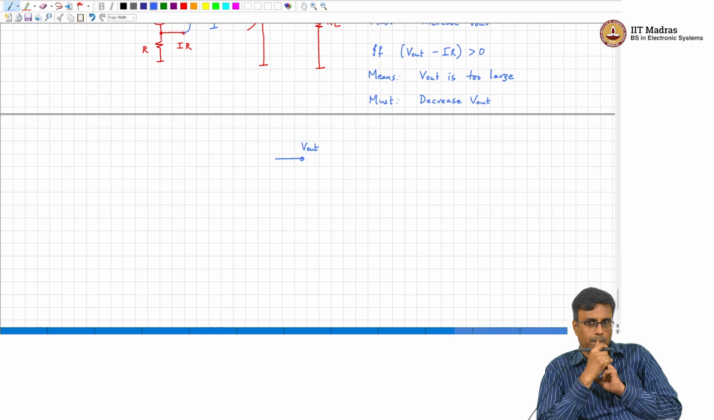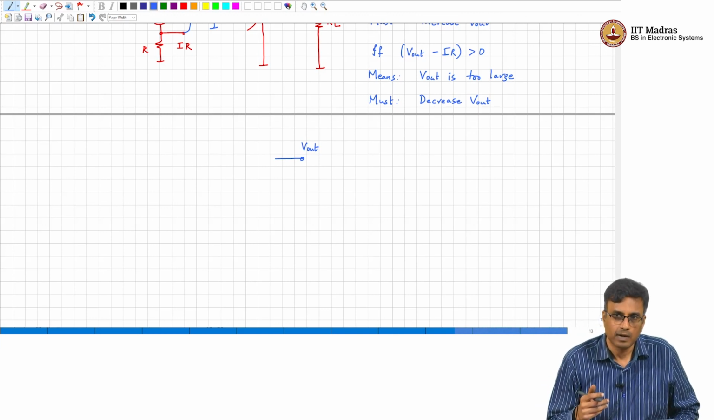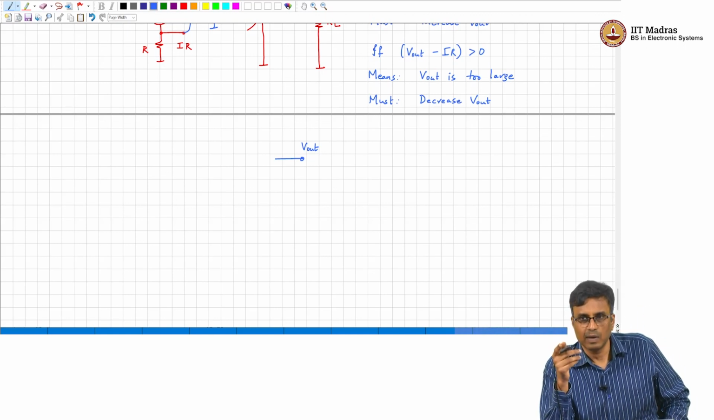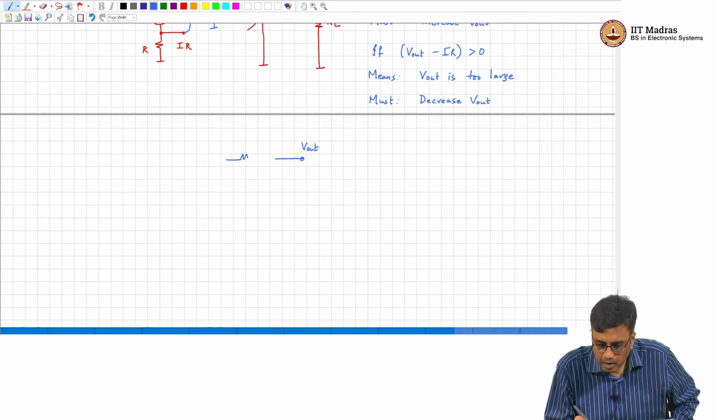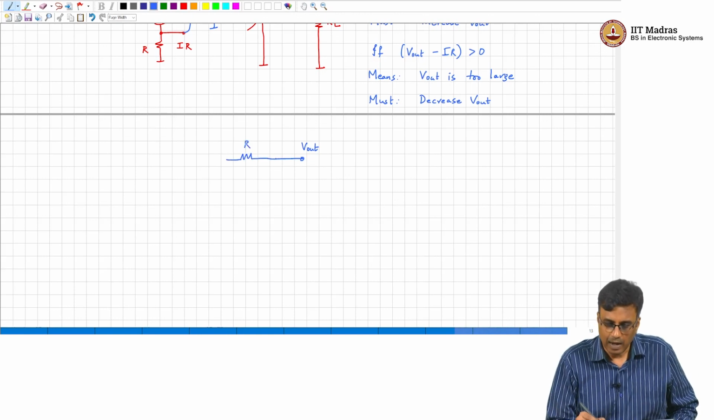I have to take out the current from the resistor. Tell me where I will connect what? Connect the resistor at V out. Very good. So, basically what he is suggesting is connect the resistor R like this and then